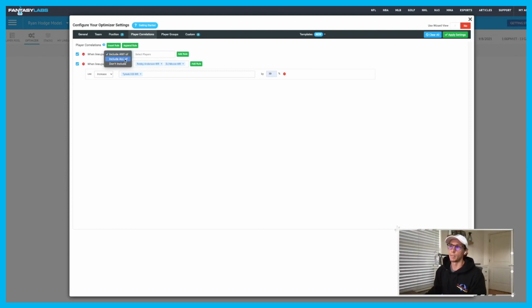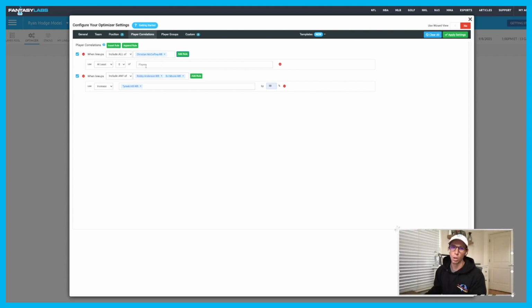So for instance, when lineups include all of, I can do a full group, and I could say basically I would like to make sure that one lineup has, or all of these players are included in at least one of these players is included in every single one of my lineups, right? So if you've got this core group of players that you want, so when lineups include any of,